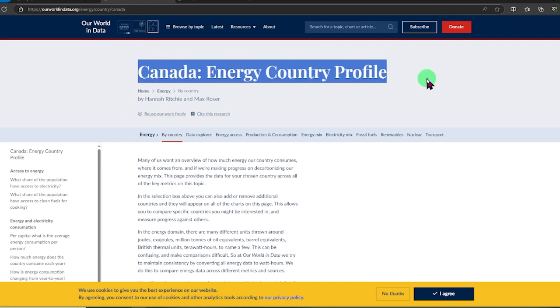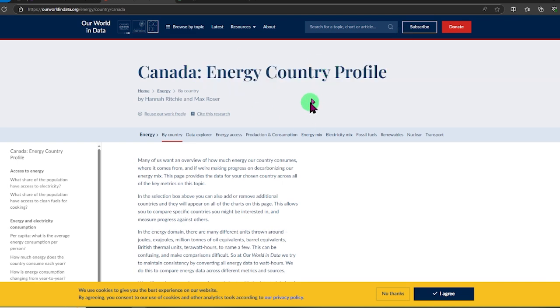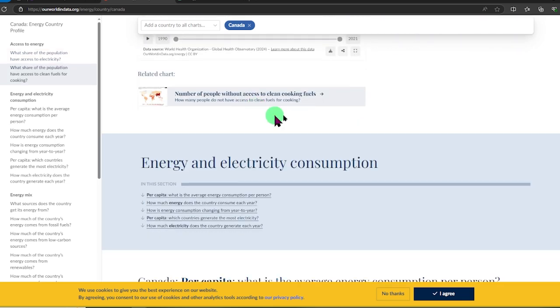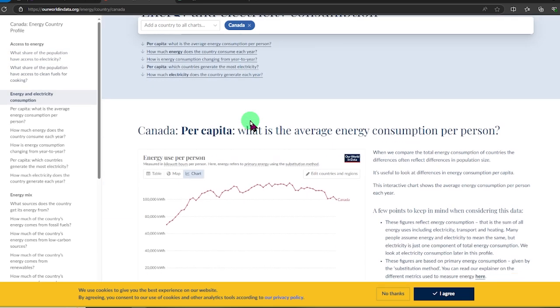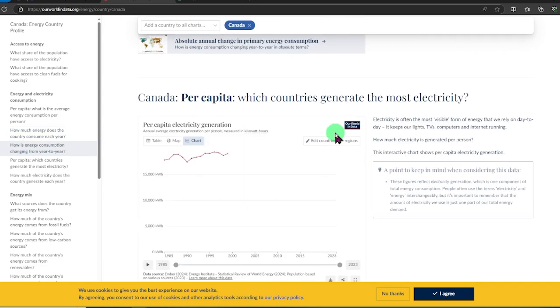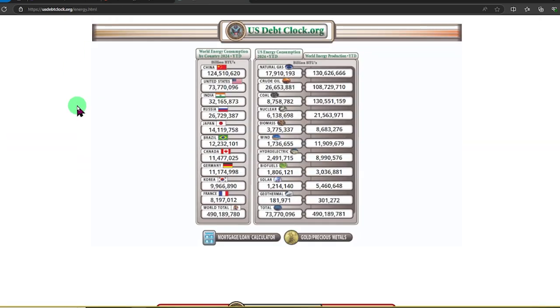ourworldindata.org, and again, the country Canada, their energy or the country's output or its profile. This is also a more in-depth, but it's great for beginners and for, basically anyone who wants to see Canada's output in energy and electricity, as it says how much energy does the country consume each year and so forth. Recommend checking it out. Last but not least,